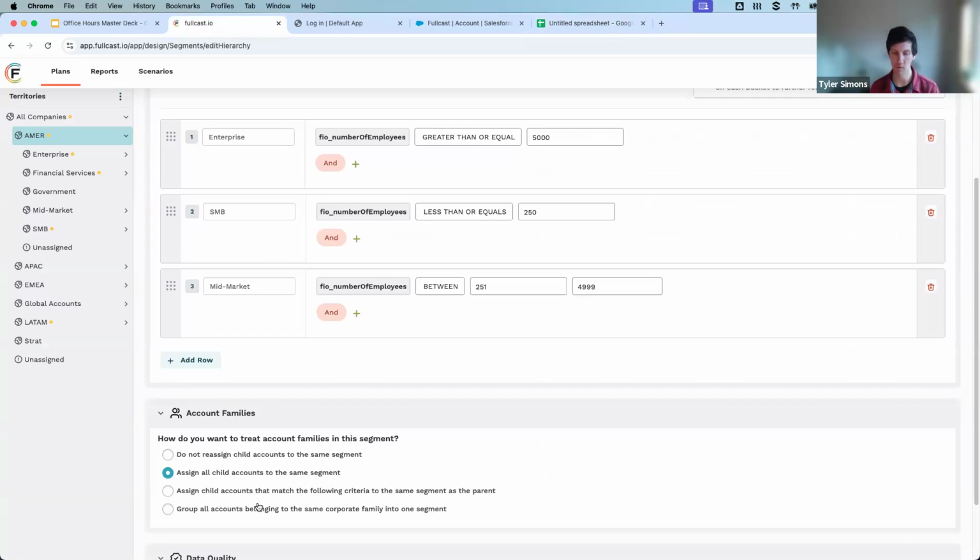Keep those domestic ultimates when possible. I think that's a much cleaner approach. You can use roll-ups to roll up values onto the parent to drive maximum employee segmentation, customers, whatever that might be. And so this really is only here if you really do have challenges with that corporate family data,